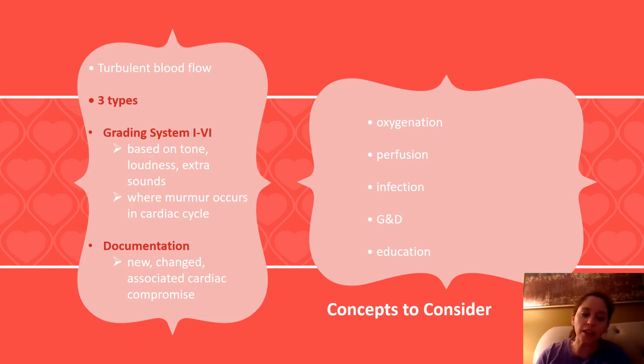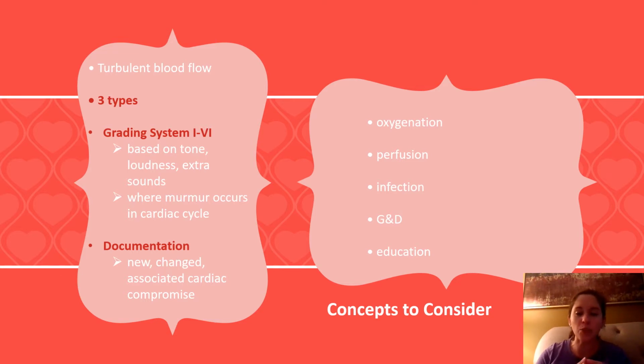The biggest concern, if we assess the patient and we hear a murmur, is what we want to make sure we assess for: is this a new onset murmur? If it's a new onset murmur, that's a red flag that something's not quite right. Or if the murmur has changed, if it is a chronic murmur they've had for a long time and now it's got a change to it, that would be a red flag. And if we have a red flag murmur, so something new onset or something different than it used to be,